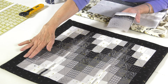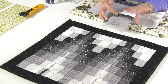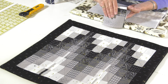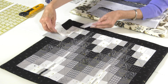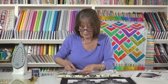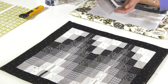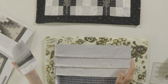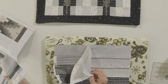So I sewed the strips together in this order. So 1, 2, 3, 4, 5. We've got the grey one actually here. This is here. This was here and this is here. So actually I've travelled with them in the wrong sequence, but that's all right. This was the order that I sewed them in. So here we have the strips. So you are going to sew all 8 together